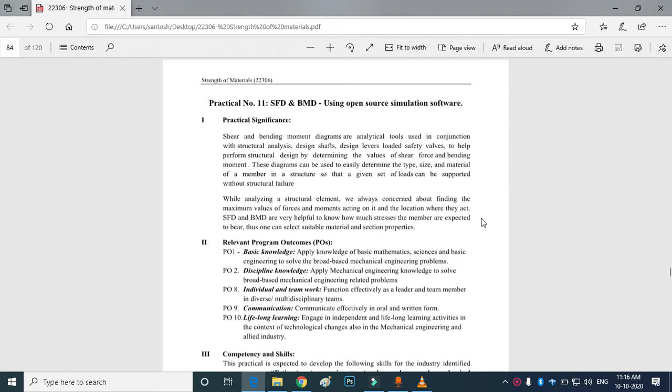So when you go to your professional life after completing this course, when you go to some company or when you are placed somewhere or when you start your own business, and suppose there is some need to take a beam or to consider some part as a beam and some type of load is acting on that, there is no need to draw that beam manually and solve for that using a calculator and all those things. You can directly do that by using some software that are already provided, which are open source software. Open source software means they are free of cost. So you don't have to buy them.